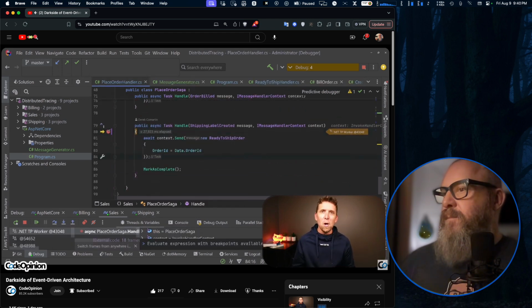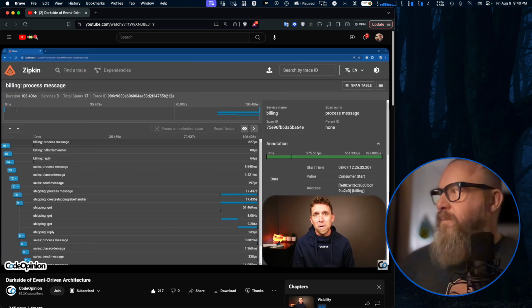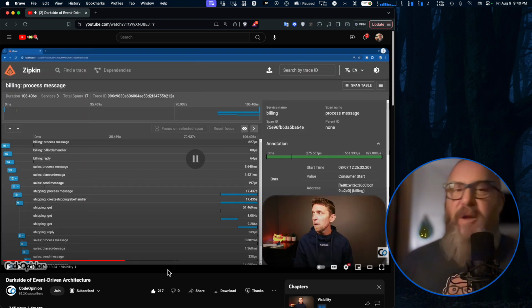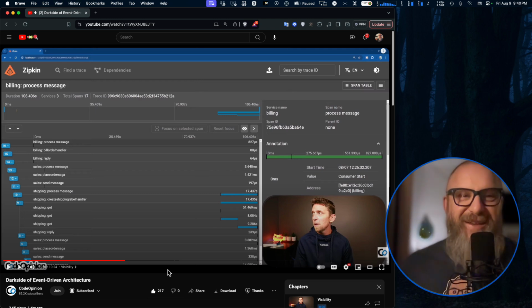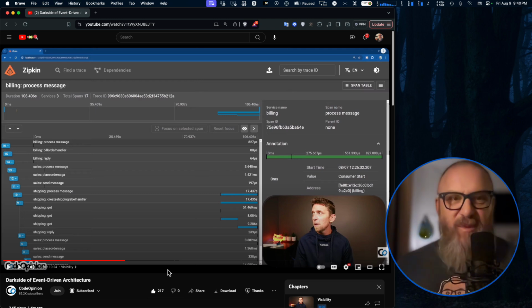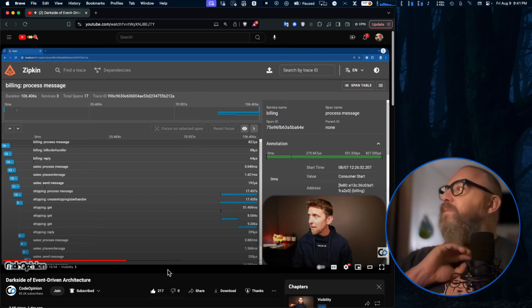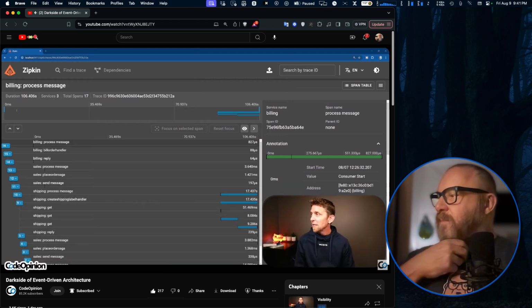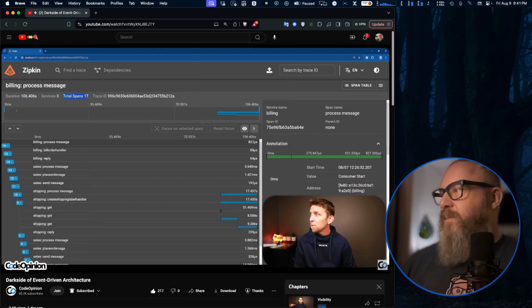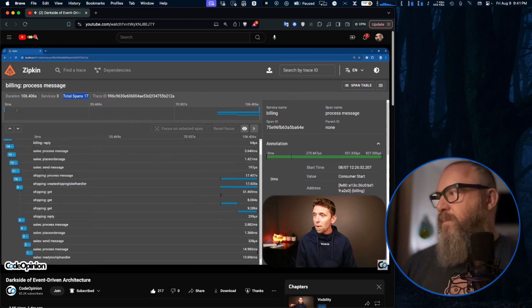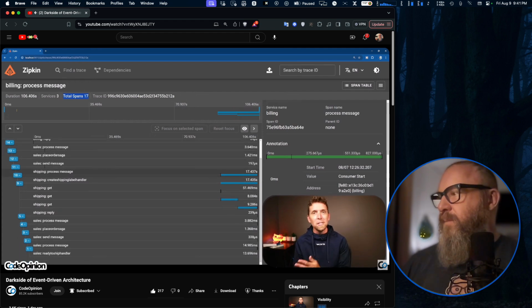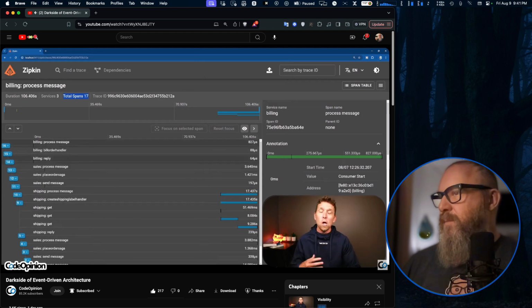But if I didn't just debug all this and have everything running, how would I actually visually see all this happening? But because I had OpenTelemetry configured and capturing all those traces within service bus, and exporting them to Zipkin, I can actually see this entire trace. Zipkin is just one of these tools to look into your processes, see how things are working. So I can see that there were 3 services involved. There was 17 total spans. You can actually look, as I was kind of illustrating before, at the entire process that occurred. Everything along the way. What message was consumed, and what happened from there. You can see the entire stack trace, essentially, across services.